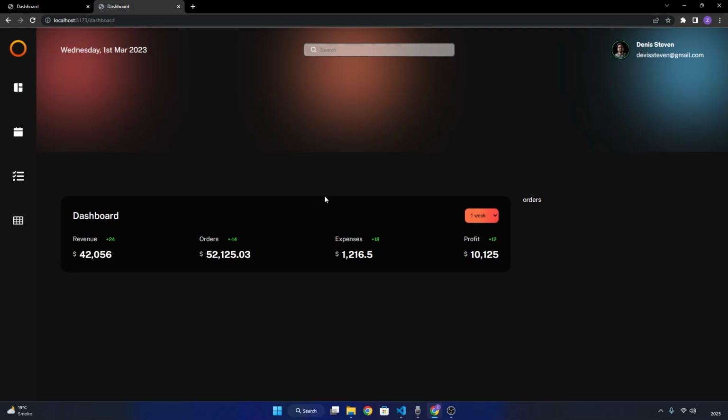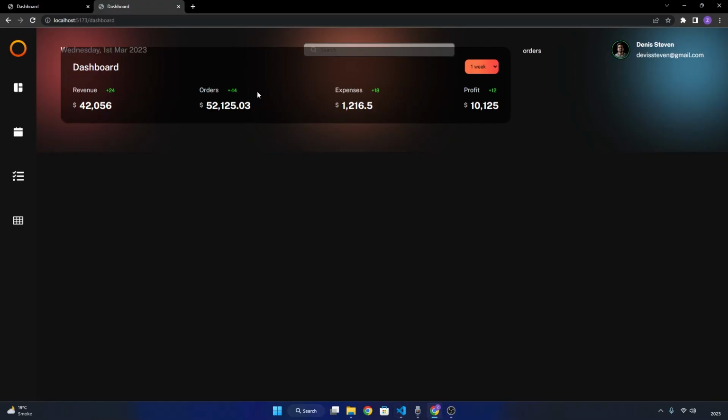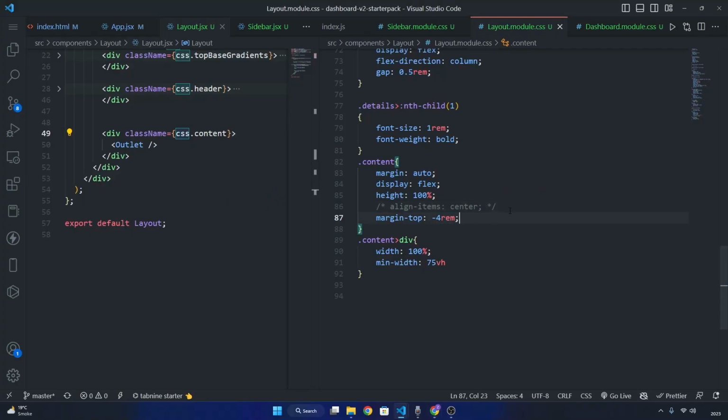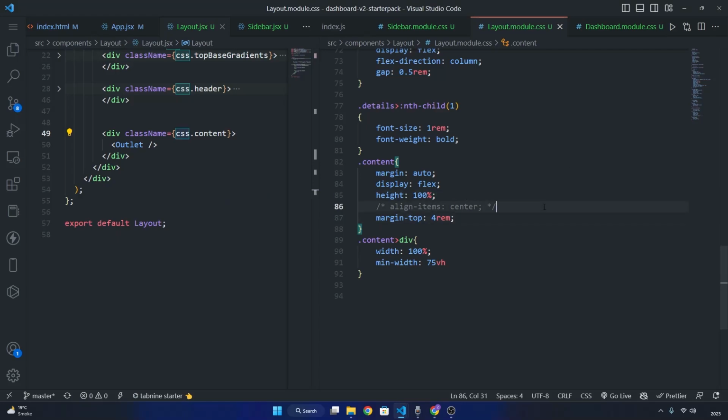For now it is looking strange, and why it is looking strange, because we have nothing except this single dashboard card. When we will have the statistic charts, then it will align itself automatically and it will not be like this. So for now what I am doing, I will delete this property of align item center, and instead of -4 rem, just for now I am giving it a 4 rem margin top. Yeah, it's almost equal to the built version,